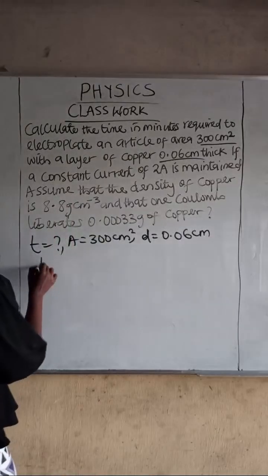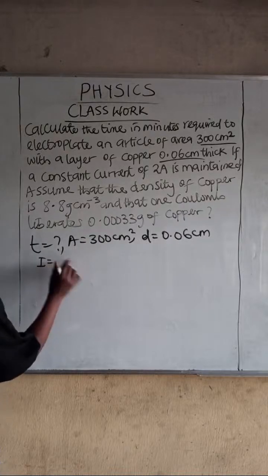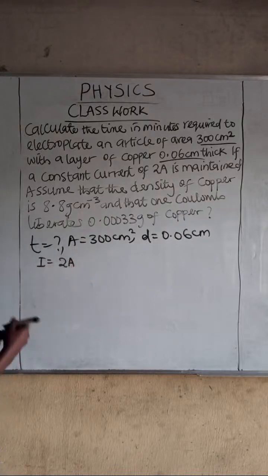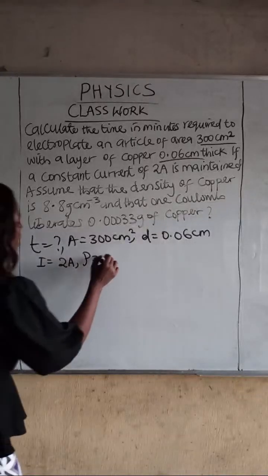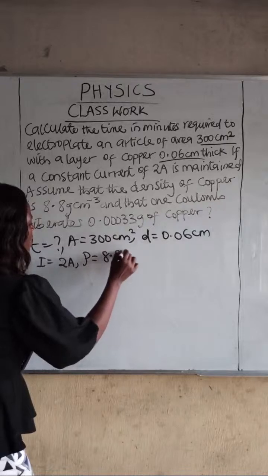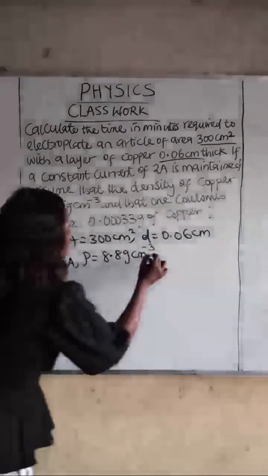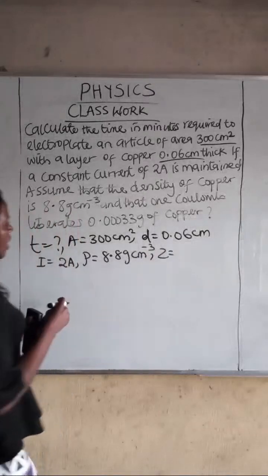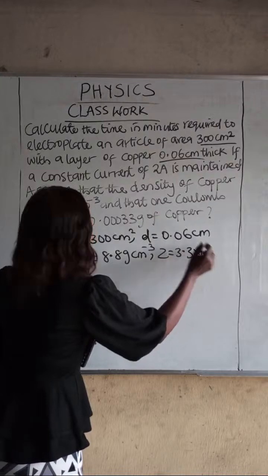Then I have a current of 2 amperes, and the density is 8.8 grams per centimeter cube. Then my electrochemical equivalent is 3.3 times 10 raised to the power of